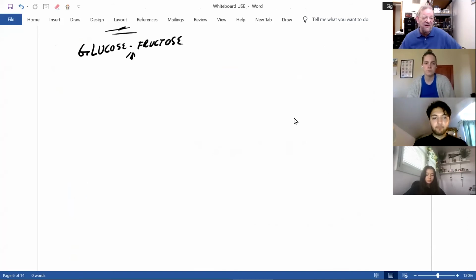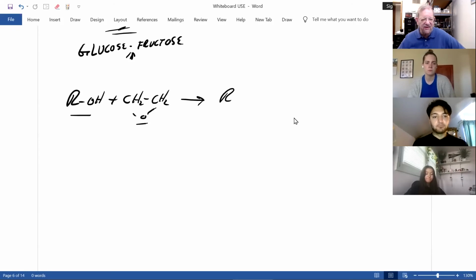Now, not that long ago, I showed you this reaction. If you take an alcohol and react it with ethylene oxide, you get a molecule that's an ether alcohol. Well, if we look at